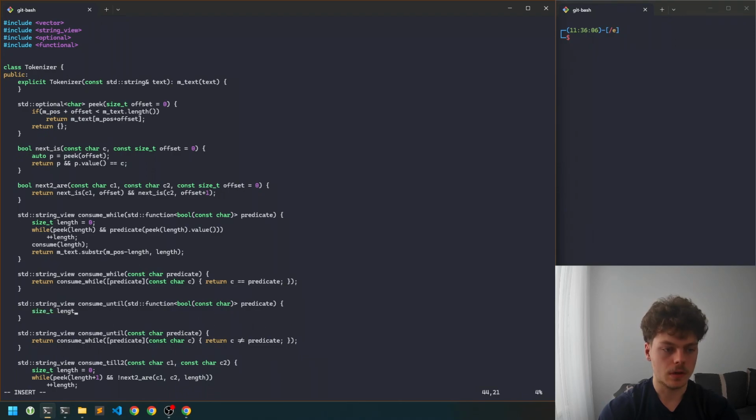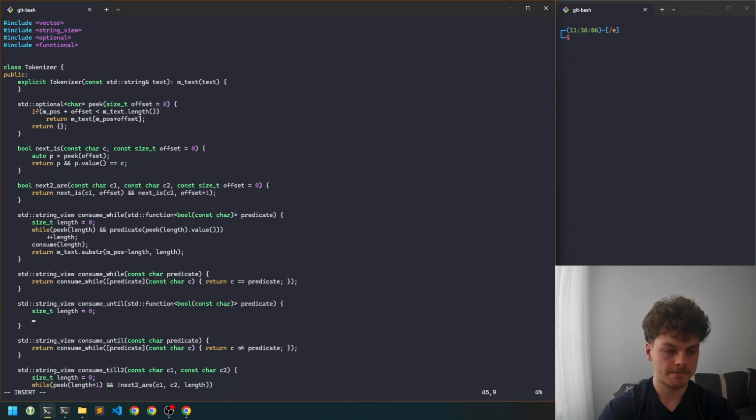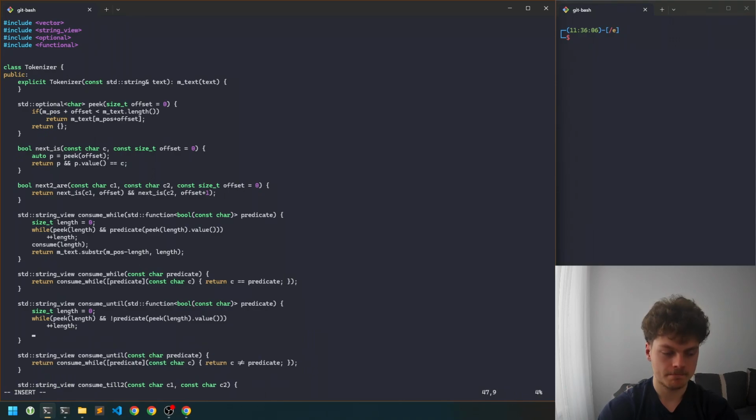So we also write length equals 0 and while peek and, so if we got no extra characters, or this character doesn't hold for the predicate,